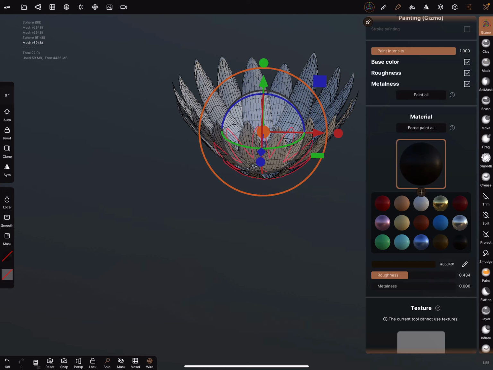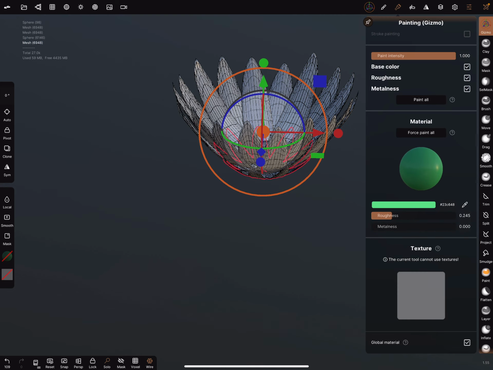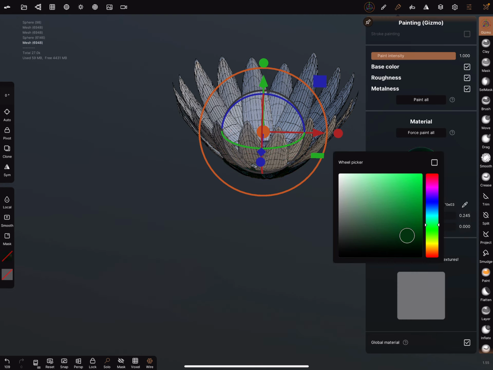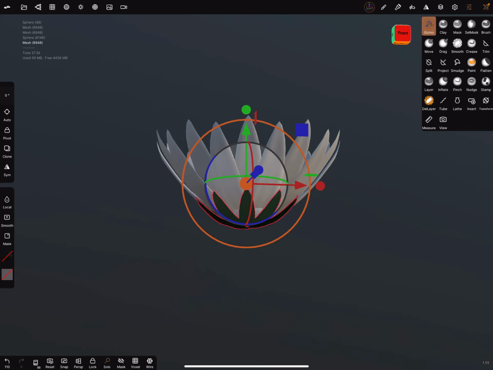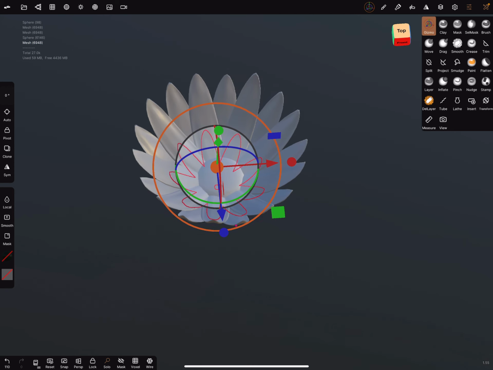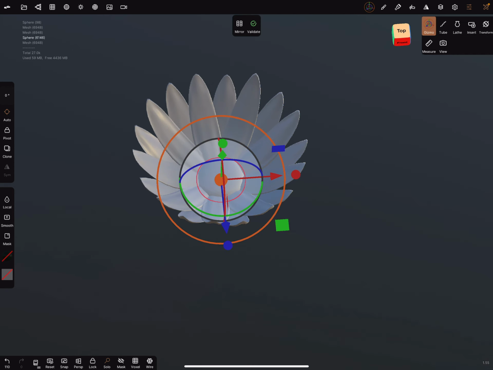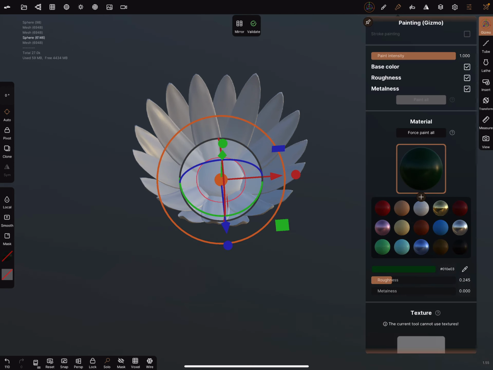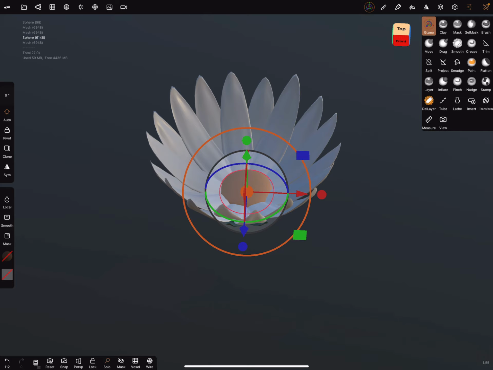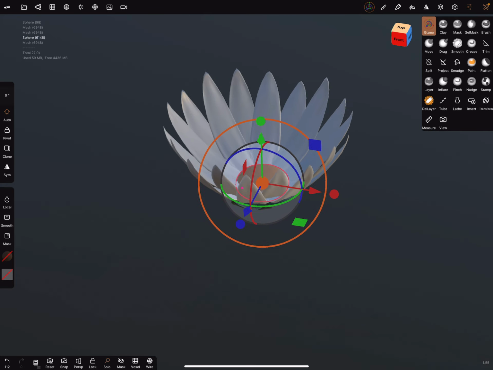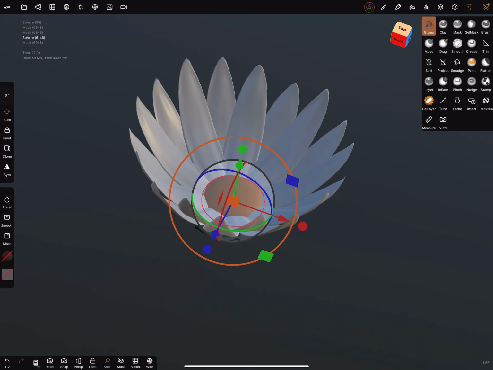And you can paint it, for example, green, darker green. Turn the wire off and give it a little bit of color. That's a way to do flowers.